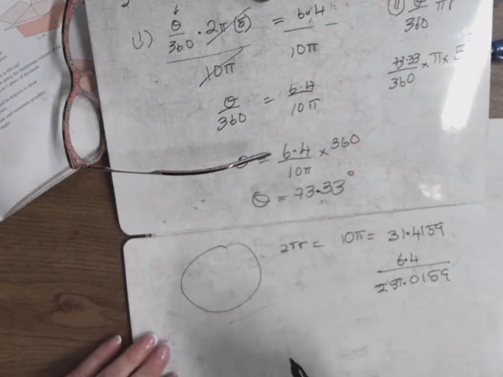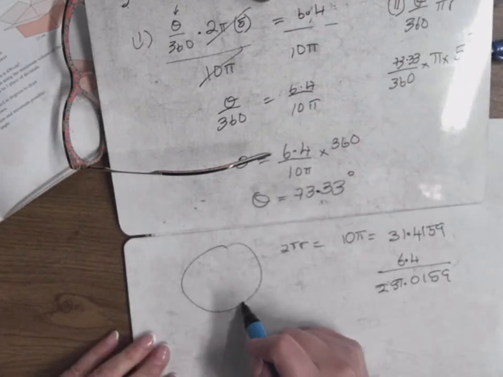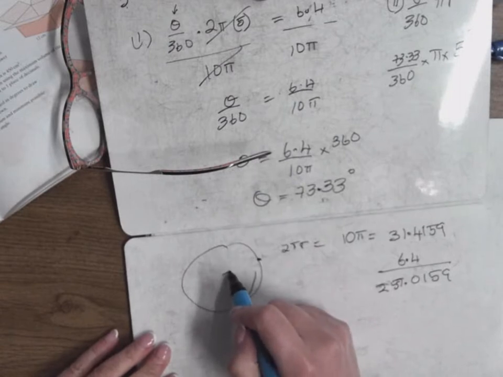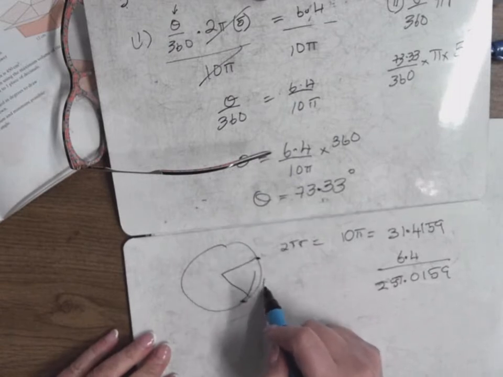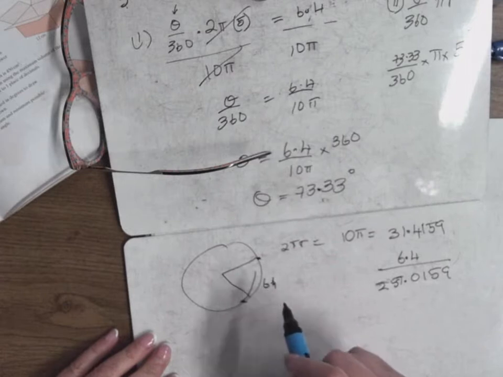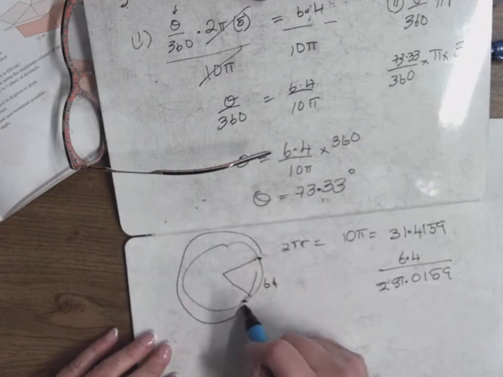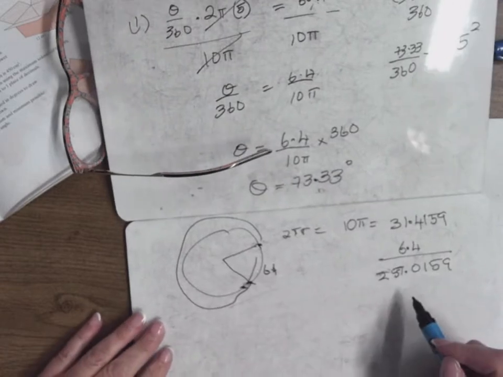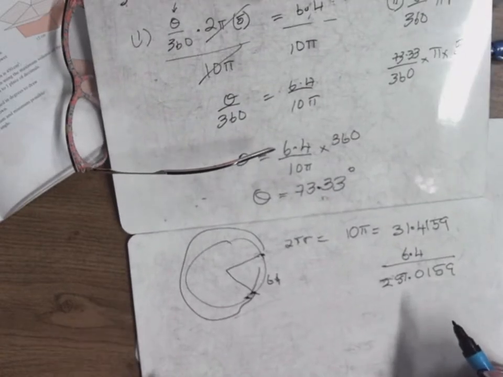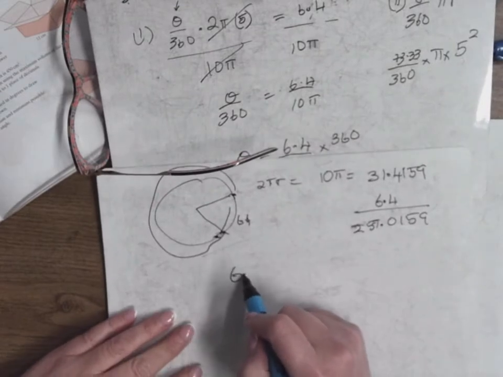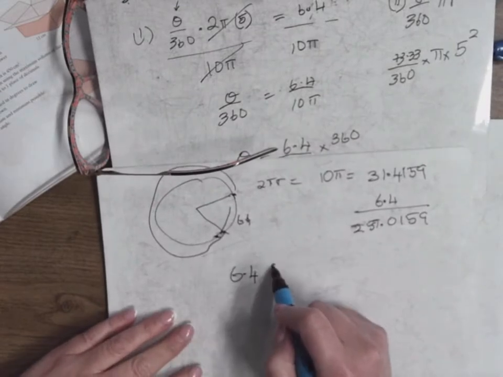Took off there with the major arc and the minor arc. You all know the minor arc is just a small one. The way they said, there's a bit of a circle there, 6.4. That's the minor arc, and the major arc is all the rest of the way around. So that's where the 25.0159 came from. Is that okay? So then the minor arc is to the major arc, so it's 6.4 is to